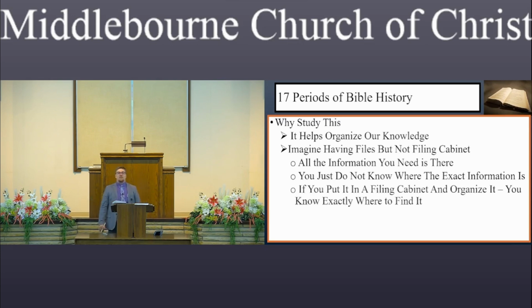But if you put it all in a filing cabinet and you organize it, maybe again you got your tax documents. You say, here are all my tax returns for the last 20 years. And so they're all in this order here, and they're in the order of years. And so I know 2021, I go to the back of the cabinet, I work my way forward a couple of years, and I can find it, right? And so now I know where it is.